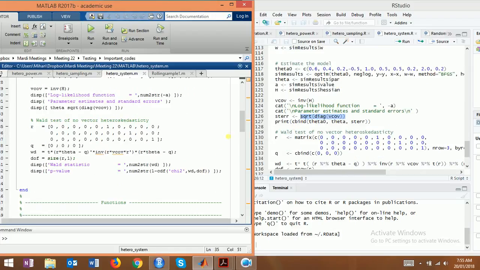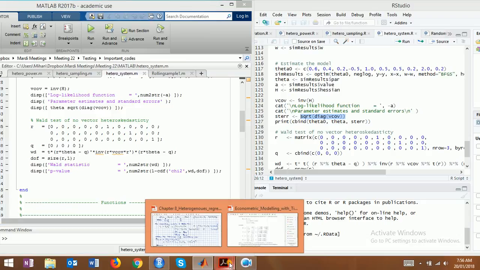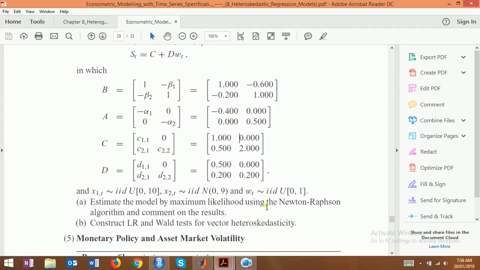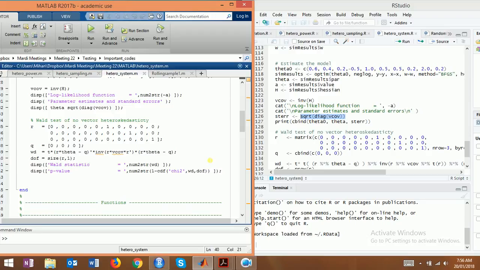Then the Wald test. Remember where the thetas are located. Just put ones for those thetas, the rest is 0. Very simple, because I'm just restricting gamma 1, gamma 2, that's all. So gamma 0, gamma 1. So what I'm restricting here is vector heteroscedasticity. I want to check for vector heteroscedasticity. So what I need to restrict here